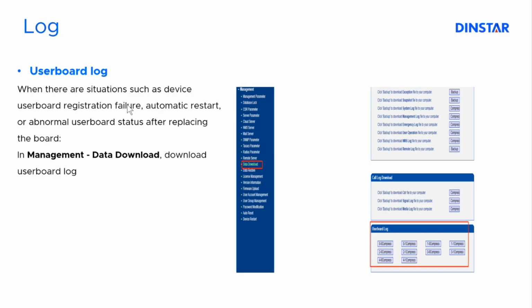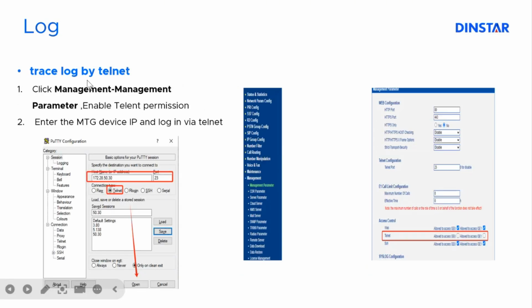Okay, so next we will check another way, like the trace log by telnet. Usually we just need to use the signal log in the data download, but for some old types of the MTG, it doesn't have the data download for signaling log. So in these cases, we need to trace the log by telnet. And first,